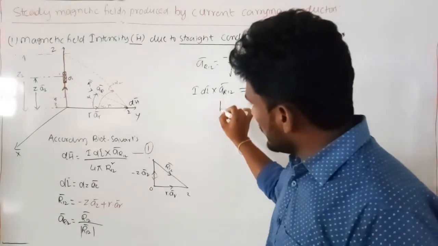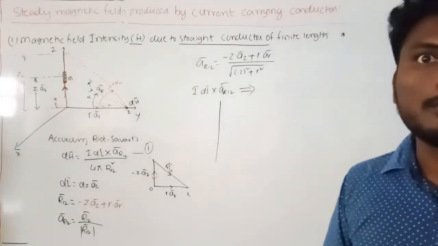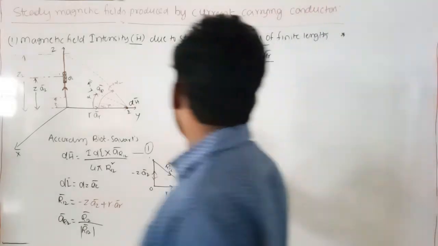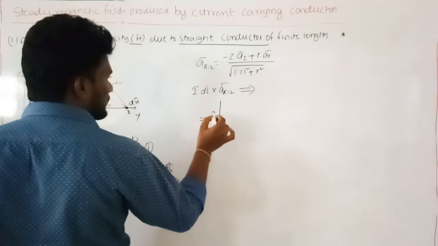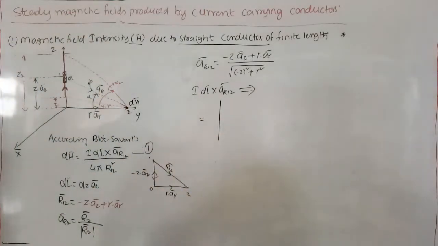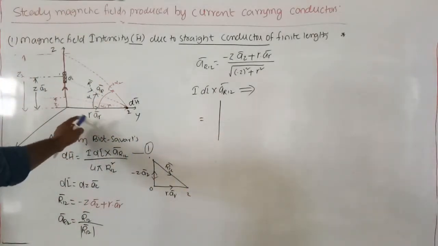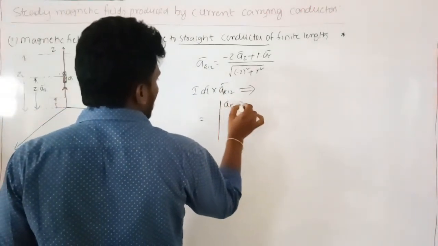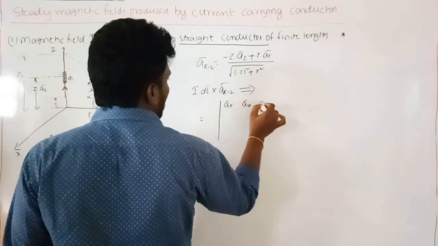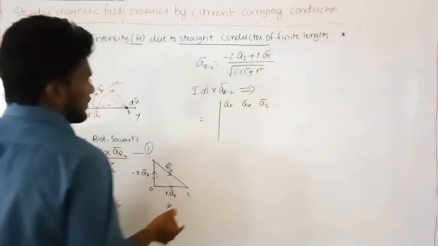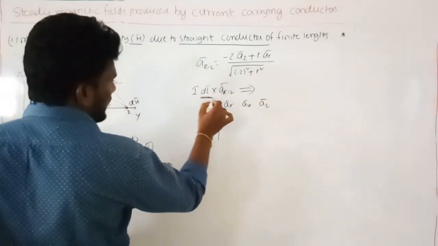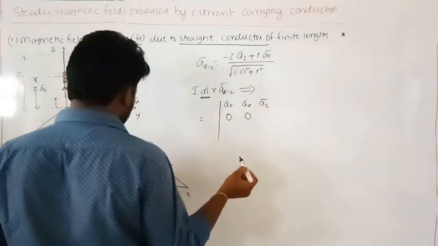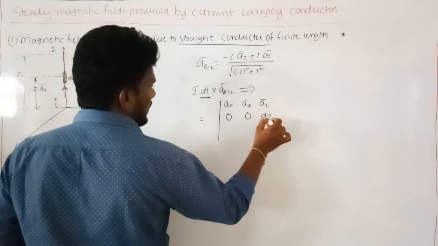Can you calculate the cross product in the determinant form? Cross product will be calculated in the determinant form like this. Which type of coordinate system have we considered here? This is the cylindrical coordinate system. In the cylindrical coordinate system, the unit vectors are ar bar, a phi bar and az bar, in the first row. Second row is the differential vector length. What is the differential vector length here? It is 0, 0 and it is in the direction of dz.